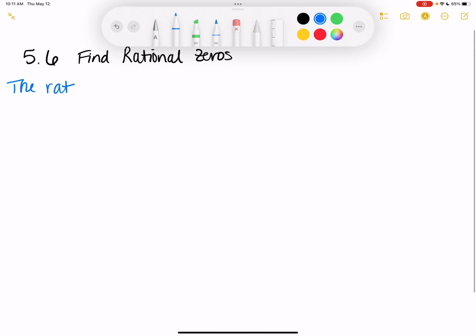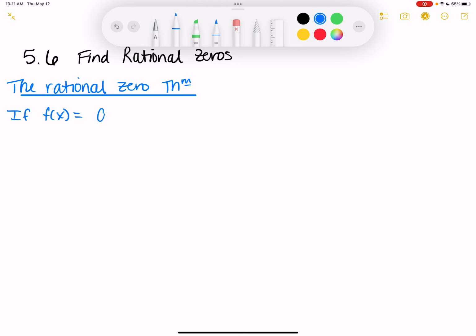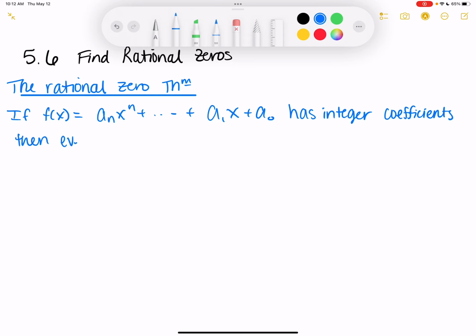The rational zero theorem. If f of x equals a sub n x to the n plus dot dot dot plus a sub 1 x plus a sub 0. See, I didn't make you write the whole thing this time. Has integer coefficients, then every rational zero